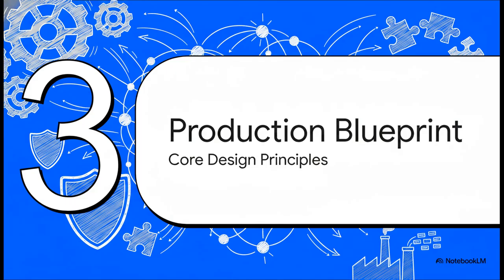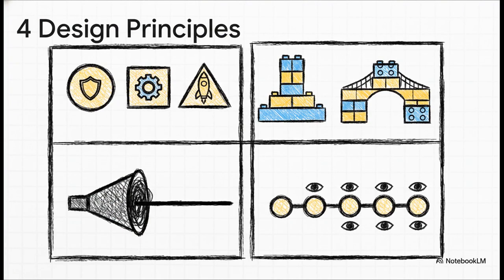All right, so we've seen how it all works. Now let's zoom out a little bit and look at the core design principles that really make this type of system so robust, so maintainable, and truly ready to handle production scale. There are really 4 key principles at play here. First up, you've got modularity. That just means each component has one single clear job. Second is composability, which is awesome because it means you can reuse little steps like fetch orders in totally different plans. Third,